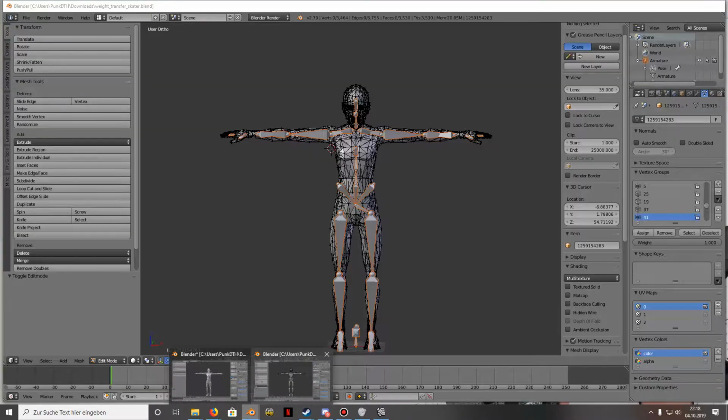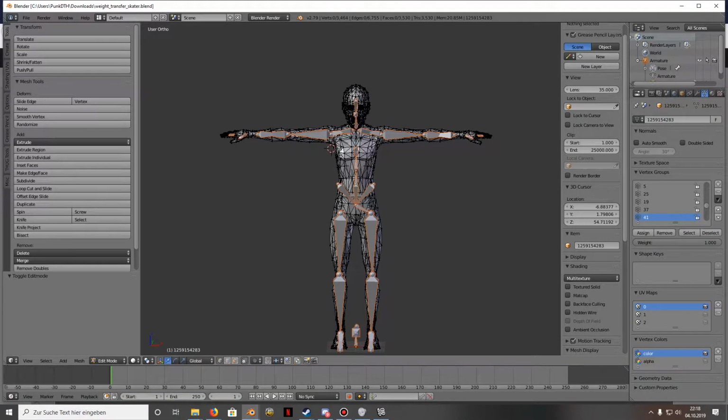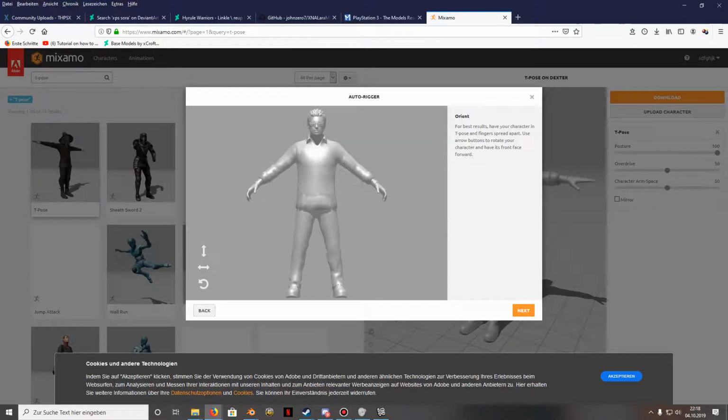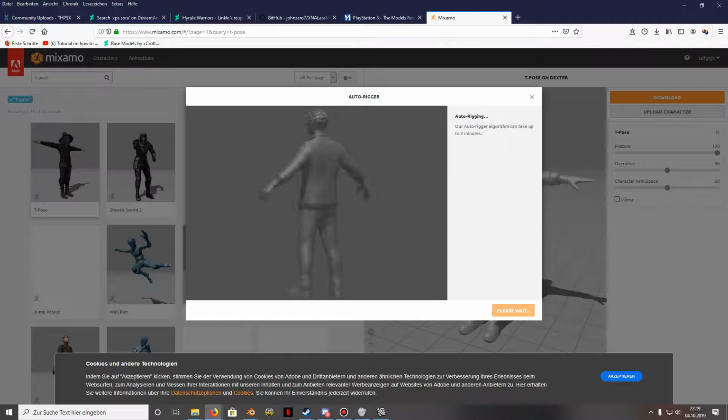because there are models that have, like shown here, an A-pose. It will not match correctly with the T-posed skeleton. I attach these points to the right place. You can use symmetry off if you just have a non-symmetric model, but I keep it. And then we hit continue,